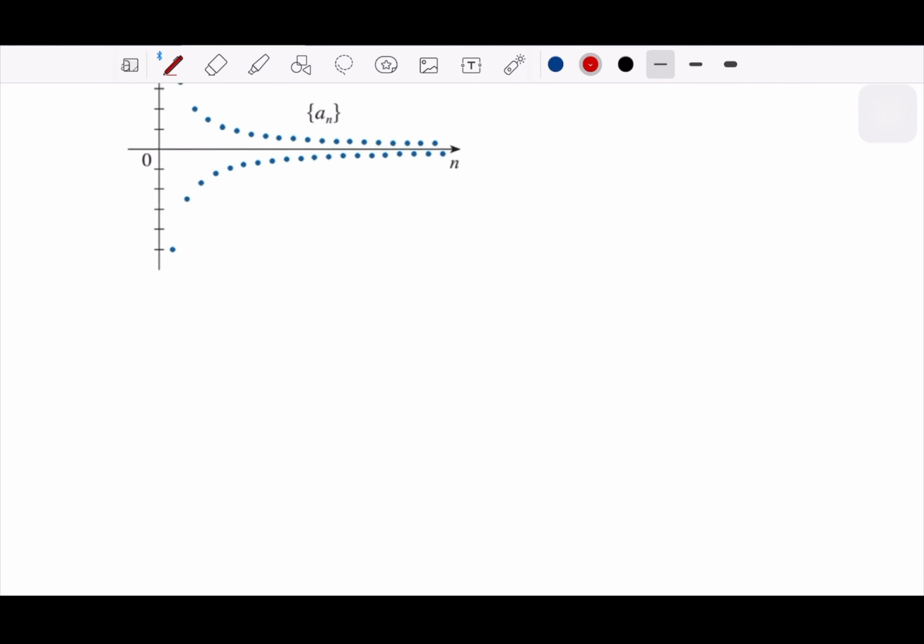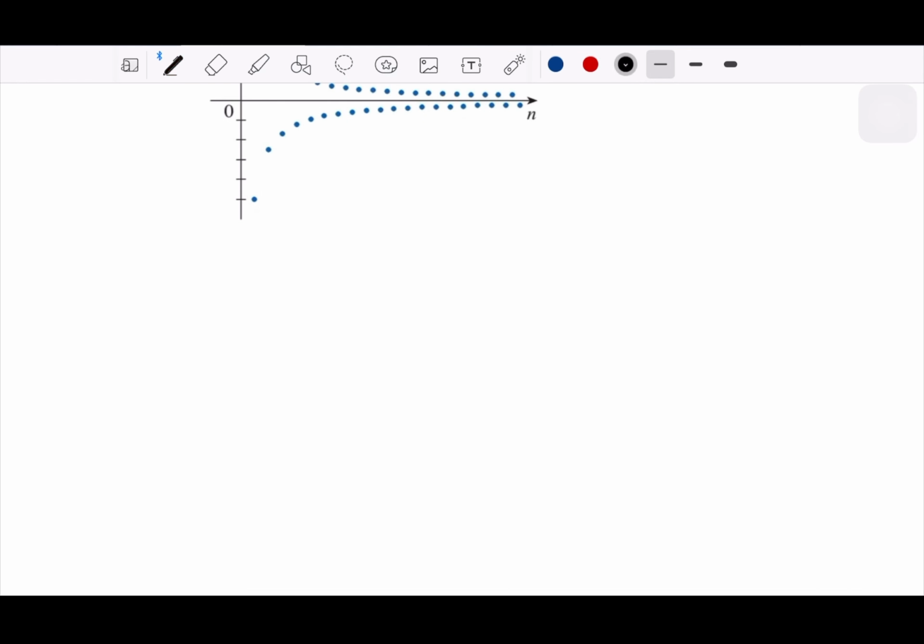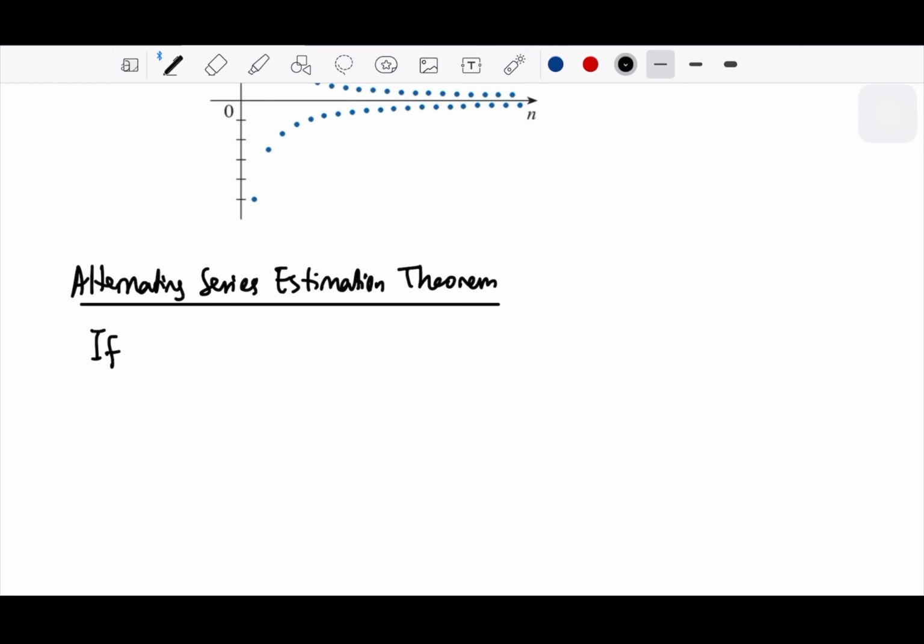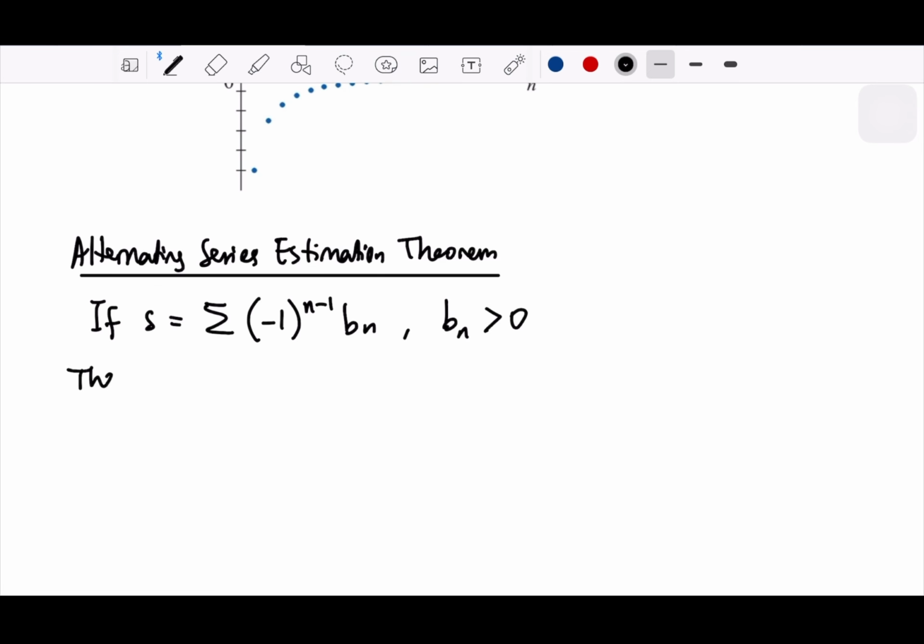Okay, in alternating series, we also have the estimation, the estimate of the sum. So if we have S equal to the sum of (-1)^{n-1} b_n, where b_n is greater than 0, and the sum of the alternating series that satisfy